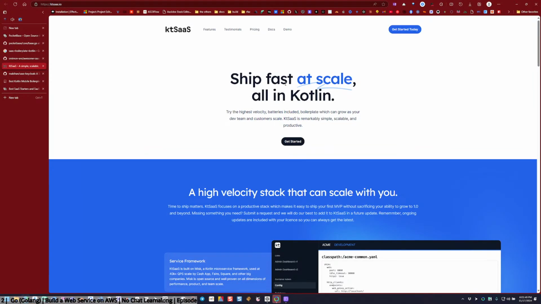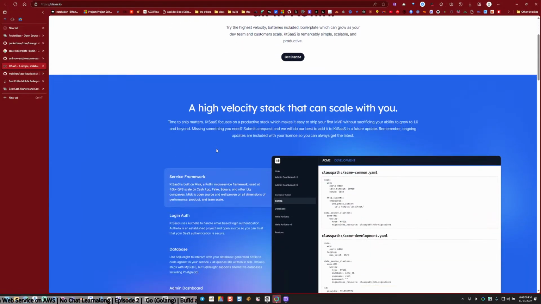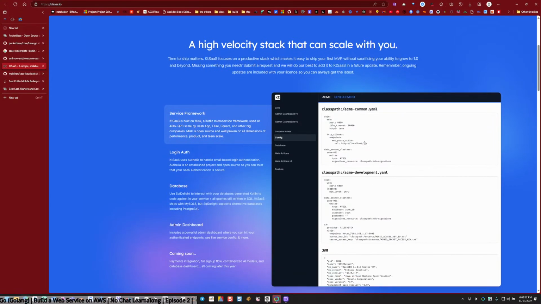Ship fast at scale. Yeah, is this a web app? This is what KT says. Ship fast at scale, all in Kotlin. Try the highest velocity batteries included boilerplate. Productive. High velocity stack. Scale with you. Time to ship. Is this the app?